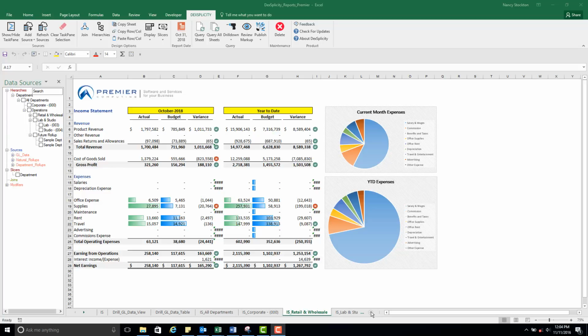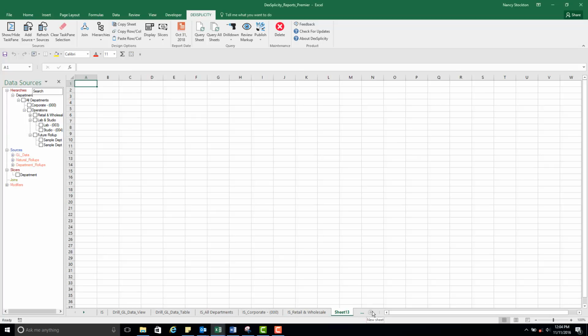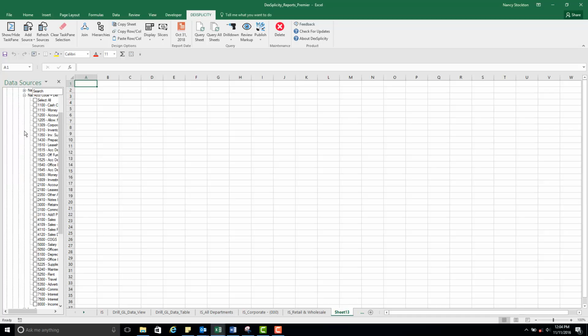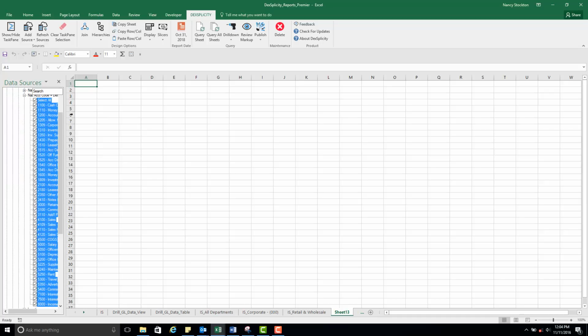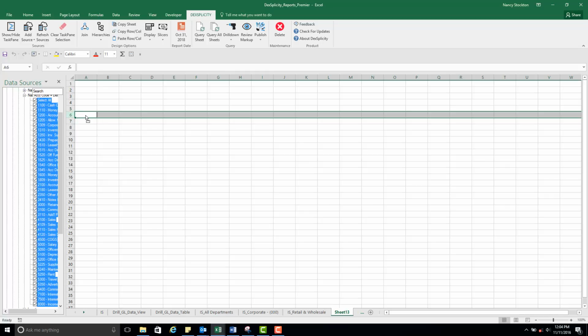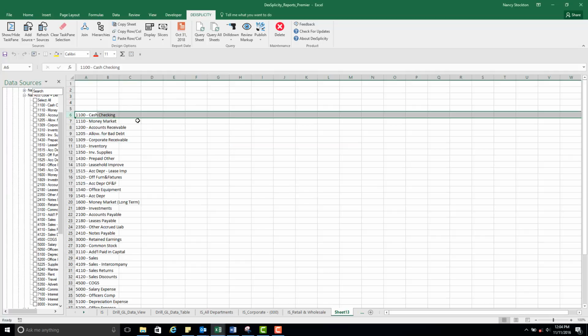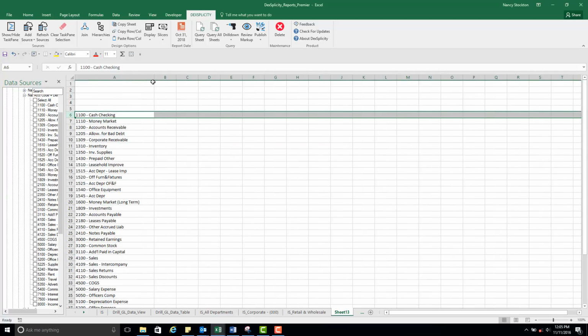All right. The last thing I want to show you is how easy it is to build a report from scratch. So I've got a blank sheet here, and let's say I'm just going to do a trial balance. So I'm going to open up my GL data, and I'm going to open up where I have my accounts. So I'm going to drag and drop those accounts onto my grid. I want each account on its own line, so I say yes. And then in the columns, what I'm going to have is